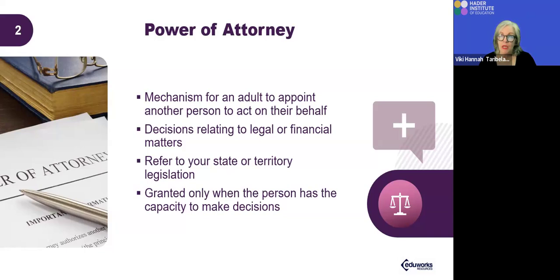But a power of attorney means, and sometimes people who are incarcerated may hand over power of attorney for decisions just to get things signed, like kids that might be at school, that they would hand that over. So it gives that person some legal security around that decision-making process on behalf of somebody else.